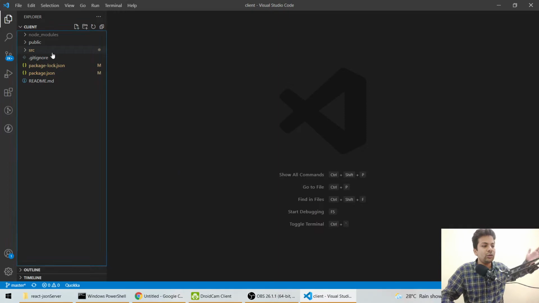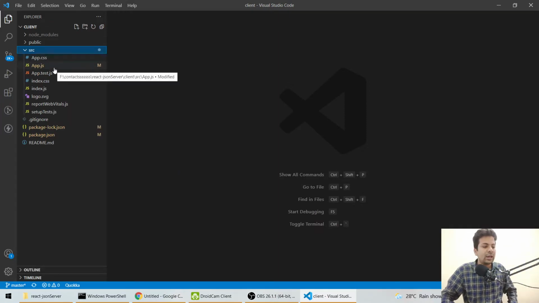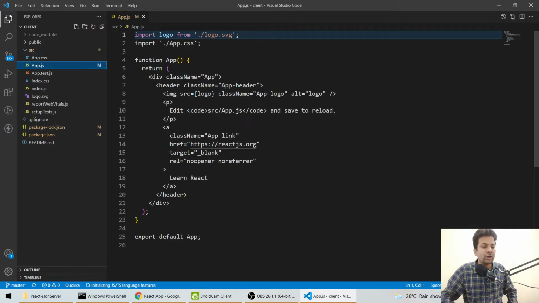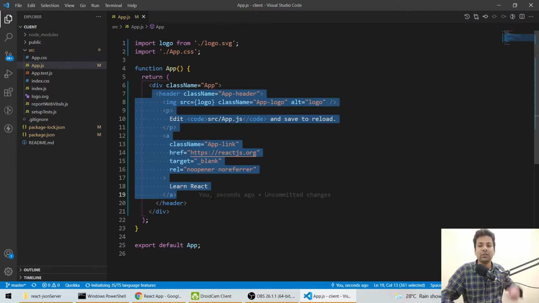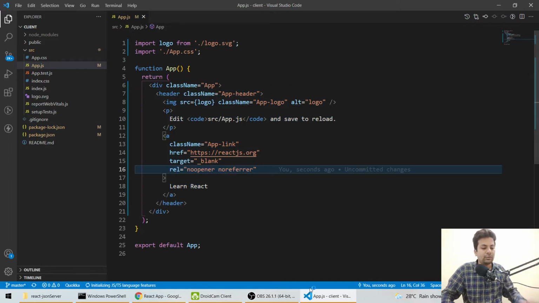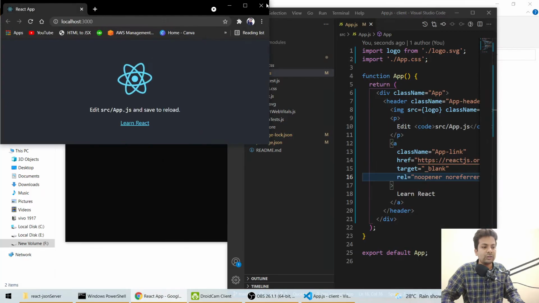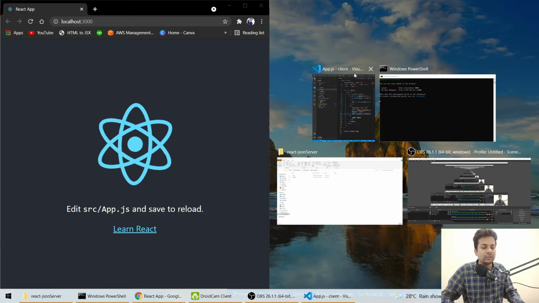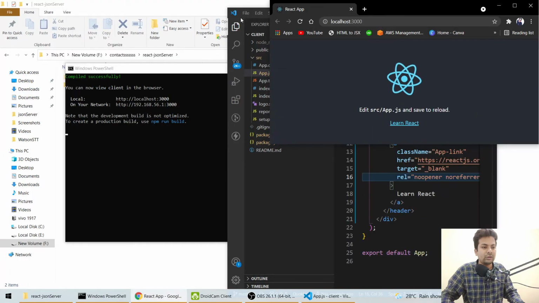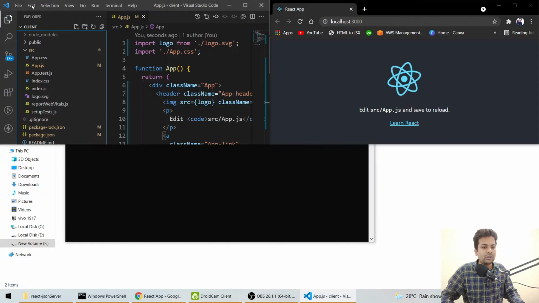Till then we can come here and check our files. Basically, this is the src folder, and this is the app.js file. Whatever data we write here, it will be shown on the front. So let me just check. See, this is what is shown. Let me make it side by side.